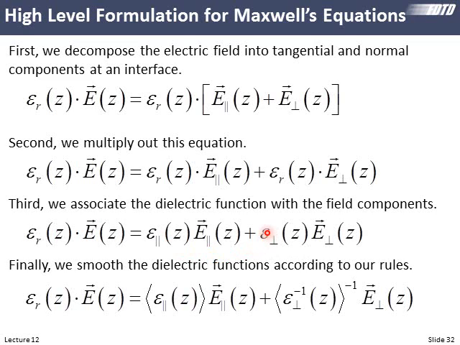Well, let's think about what we do. For the parallel component, or the tangential component, of the electric field, that's continuous across the interface. So we have one discontinuity times something that's continuous, and all we do is blur this. Over here we have the normal component of E. Remember, the normal component of E is discontinuous across the interface. Since we're talking about an interface, the permittivity is also discontinuous. However, the physical boundary condition says that the product of these two is continuous across the interface,